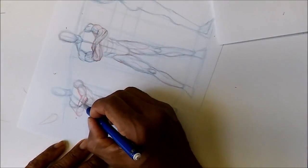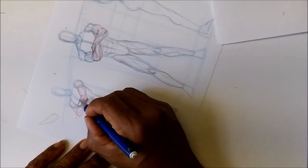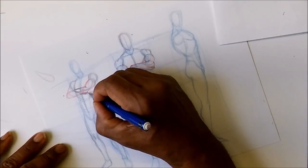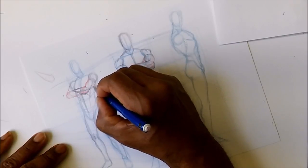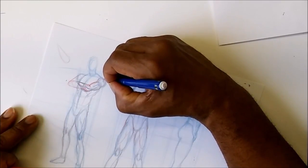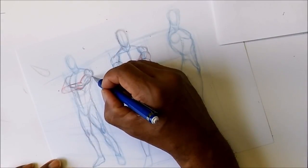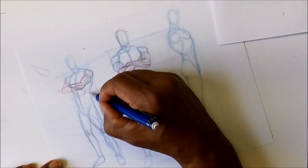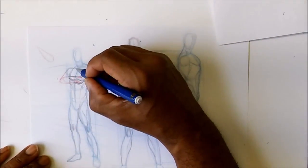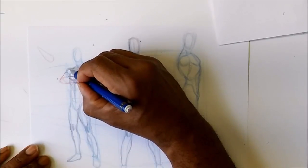And the same thing again, you have this piece comes down and around. Elbow comes here, and then your triceps. Tricep, bicep. Shoulder comes down into your delt, which drops down, and depending on the angle, you'll see some back, depending on the angle. Same thing here. You'll see your bicep curve around, your delt,